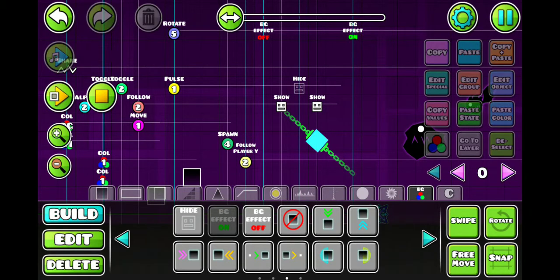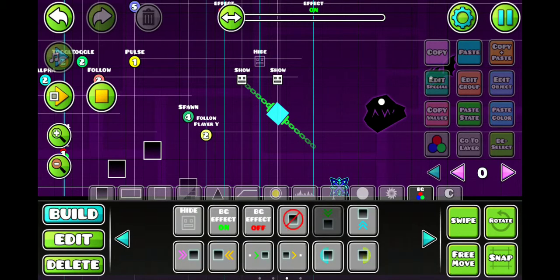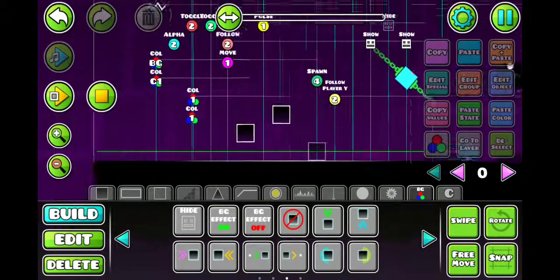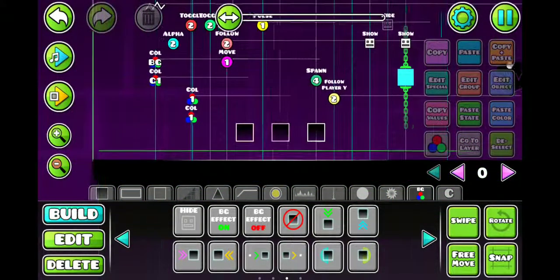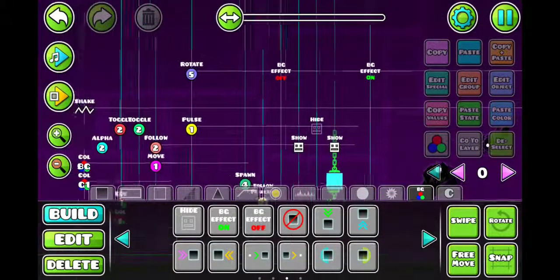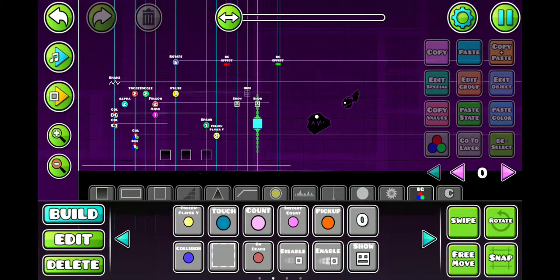You set stuff to don't fade, don't enter. These don't matter anymore. And basically, that's how these basic triggers work. If you have any questions, tell me, and then we can sort them out. So, you know,